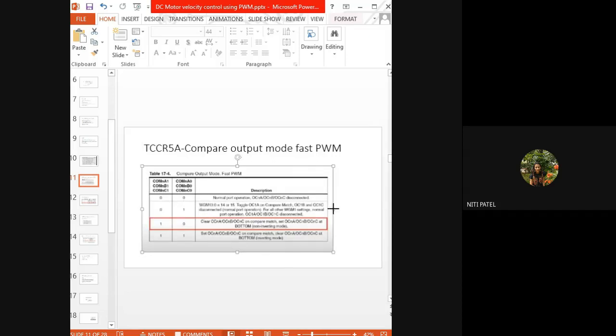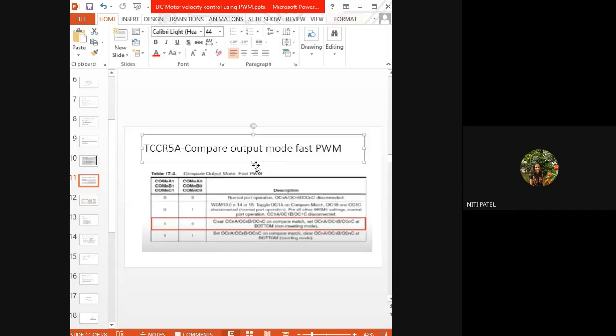Okay. Now see. How many compare output modes did we have? We had channel A, channel B and channel C. A में क्या था? A0, A1, B में था B0, B1, C में था C0, C1. ठीक है. Now in which mode are we operating? We are operating in the fast mode. Why do we want to operate in the fast mode? Because if we don't operate in that fast mode, we cannot change the velocity. So since our main aim is to change the velocity of the robot, therefore we have to select this mode of operation, and hence we have to select either of these channels, either A channel, B channel or C channel.